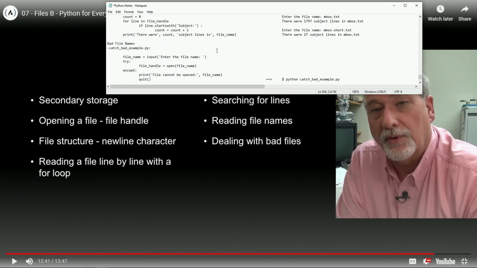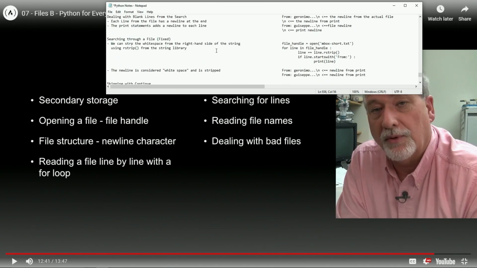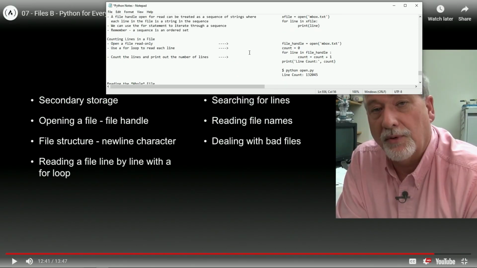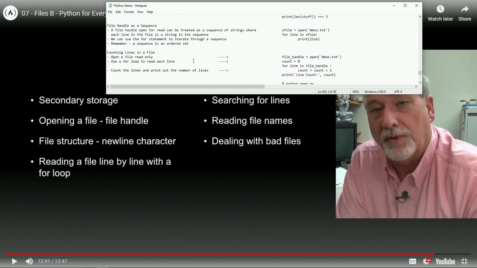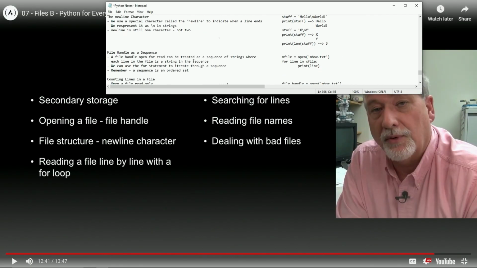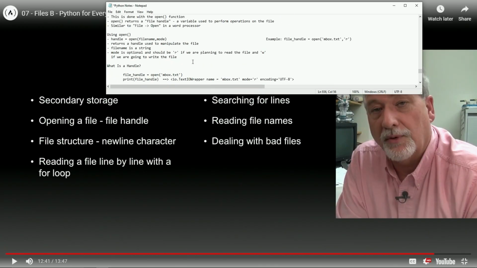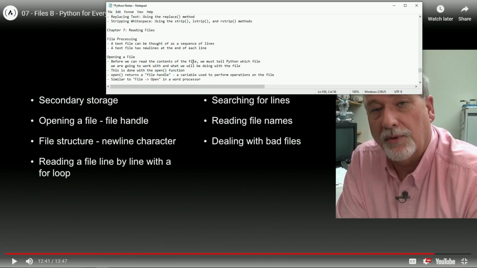Reading file names. How do we do that? Let's go look at that. Reading the whole file. Reading file names.